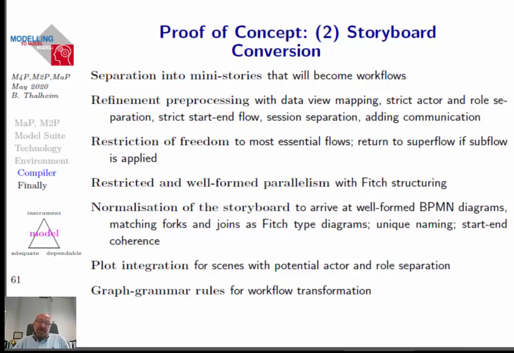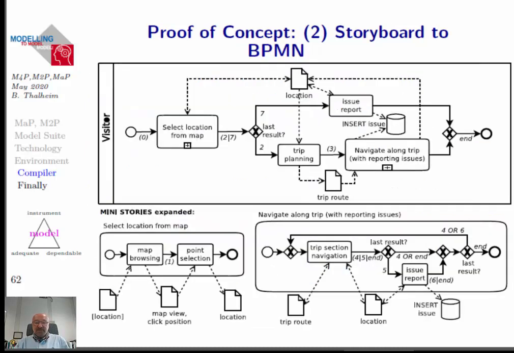We use some kind of refinement pre-processing. We restrict, of course, the freedom now. Not anything is supported, but only the most essential, let's say, passes in our story space. We restrict and use some kind of well-formed parallelism. We restrict ourselves also to some kind of normalization, to some plot integration, to some graph grammar rules. So in this case we can say, okay, fine, now my general storyboard can be now somehow translated to a